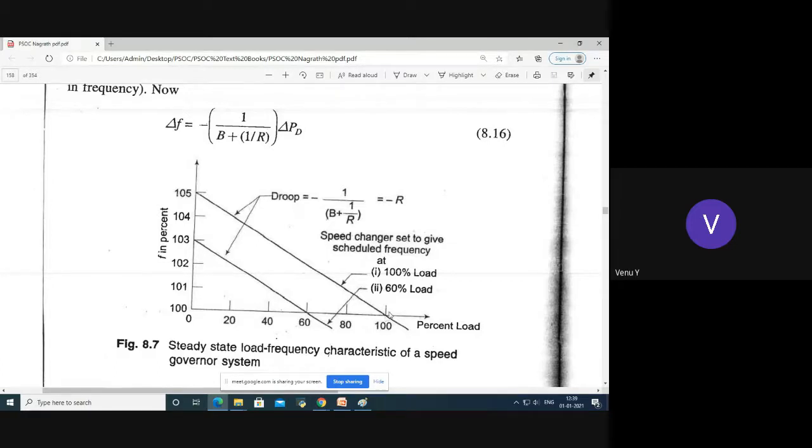If you adjust at full load, when the power system is operating at full load, if you adjust the speed governors or AGCs at rated frequency, then a change in load, in the sense that it is lower than the full load, in that case the frequency rises. So that's why in a power system, for a base load.